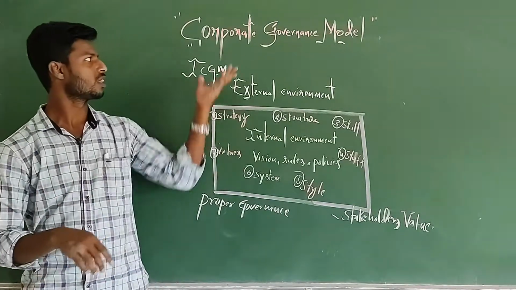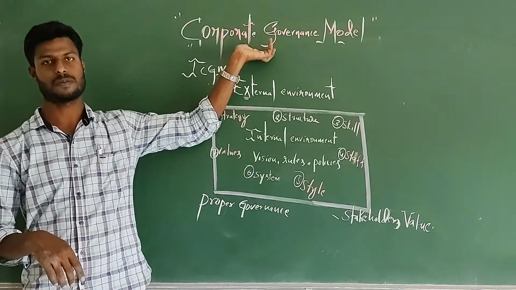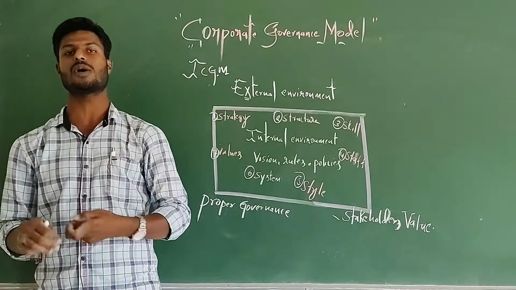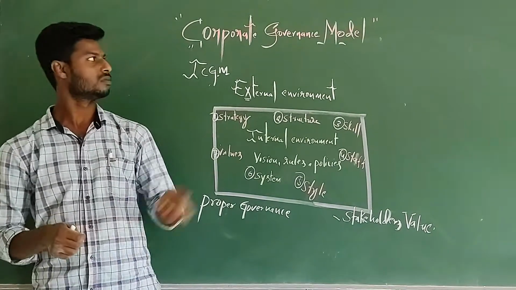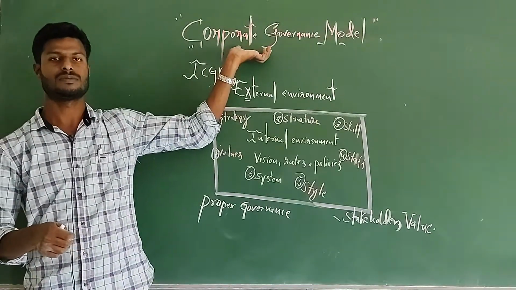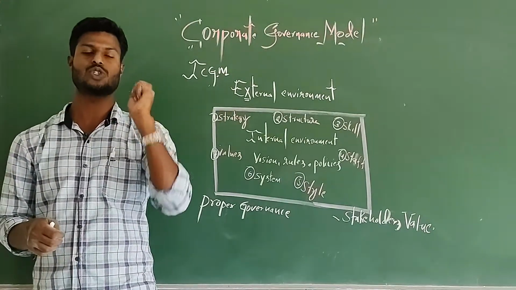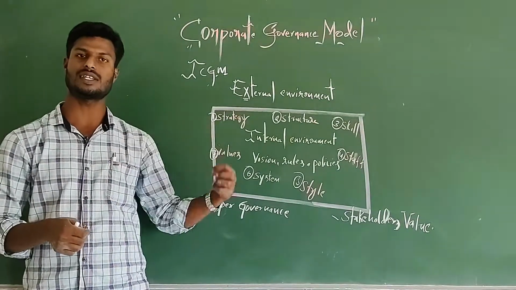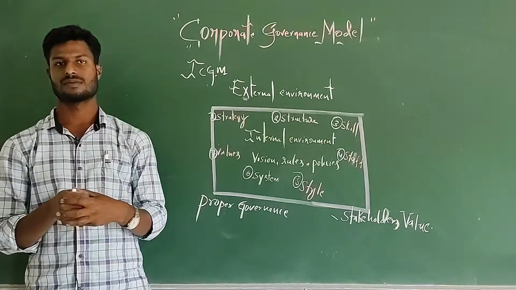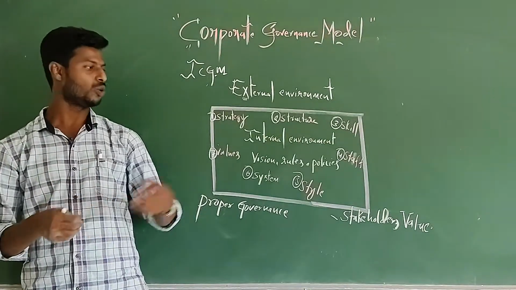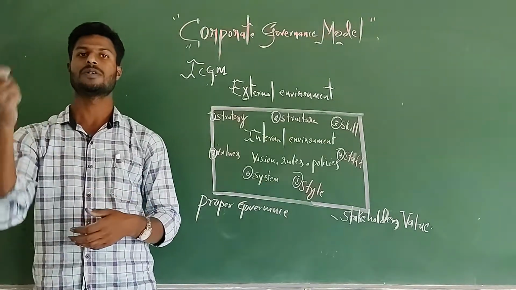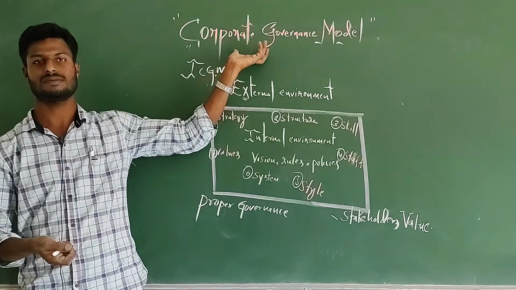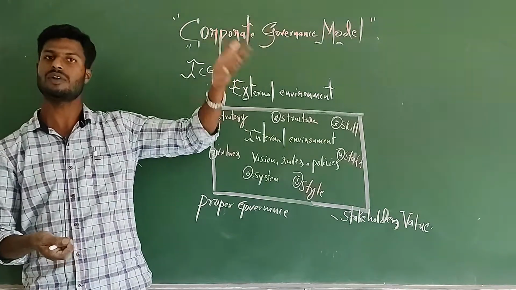Corporate governance is very important to increase the name and fame, goodwill or reputation of the company, to make the company financially strong and stable, to attract more investors, to retain existing investors, and to attract new investors and new stakeholders towards the business, to increase marketability. Totally, the survival of the business depends on